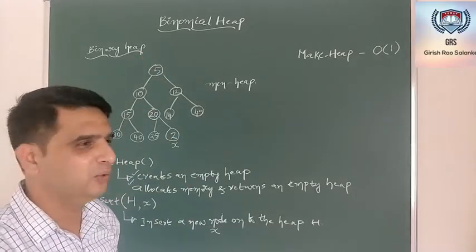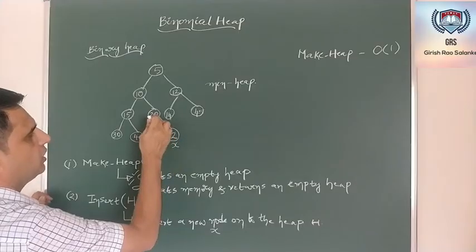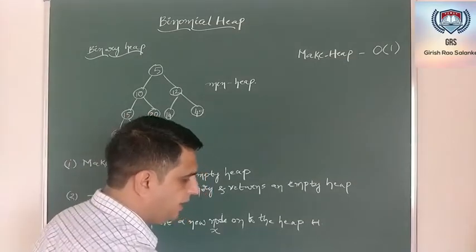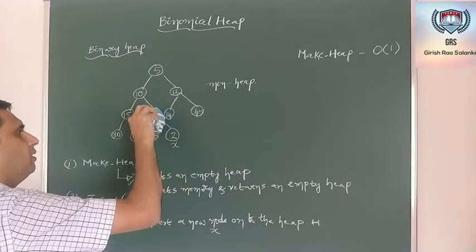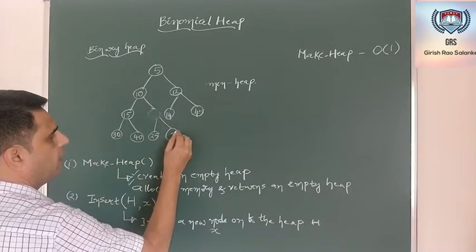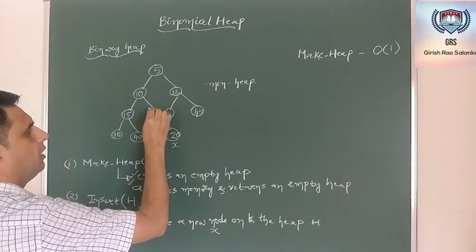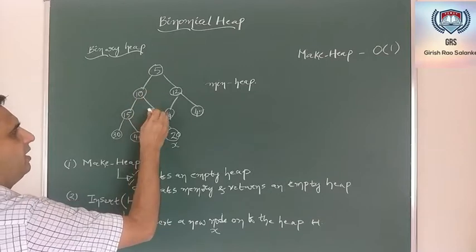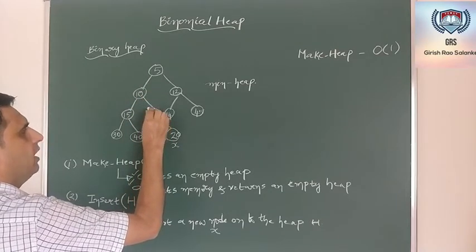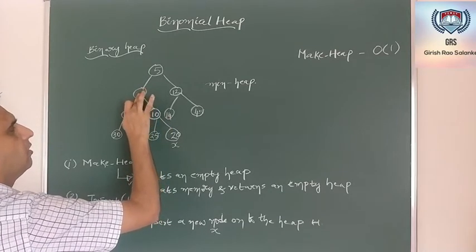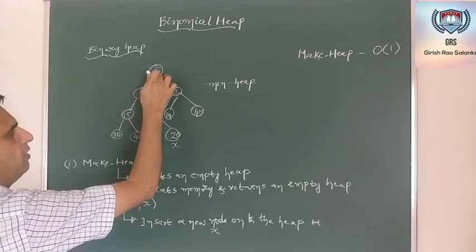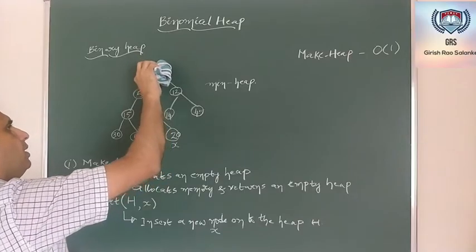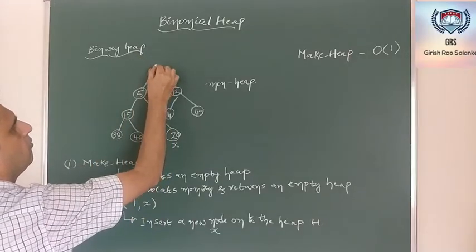So what we need to do is compare this 2 with 20. 20 is greater than 2, so I need to bring 20 here, and I have to move my 2 here. Now I will compare this 2 with 10. 10 is greater and 2 is less, so 10 comes here. Next, I need to compare 2 with 5. 5 is greater, so I will bring 5 here, and finally my root node will have 2.